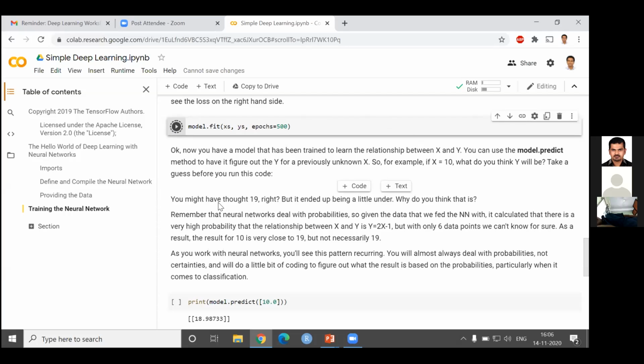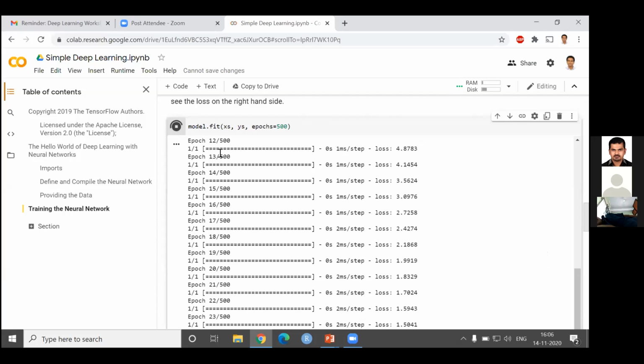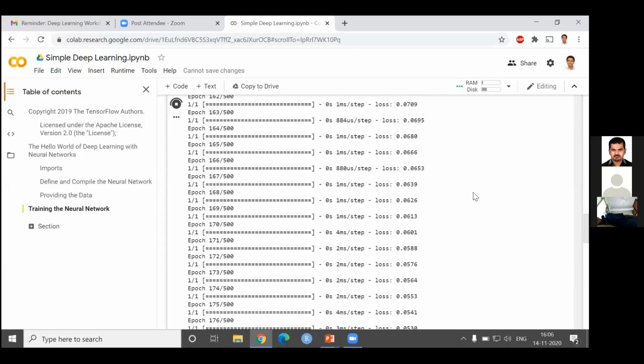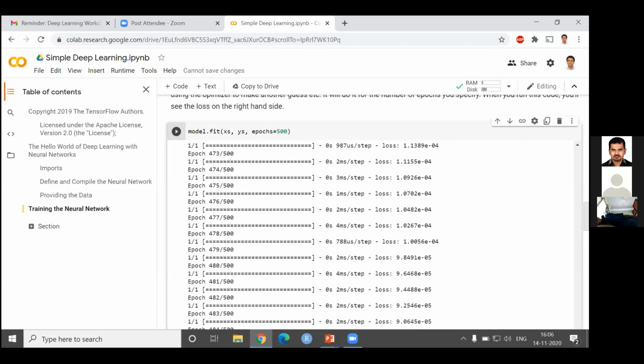It will keep displaying the 500 epochs: epoch 1, epoch 2. My system is very fast here, I have a 100 Mbps connection, and this is very, very small data for you also, so I think it will take place very fast.